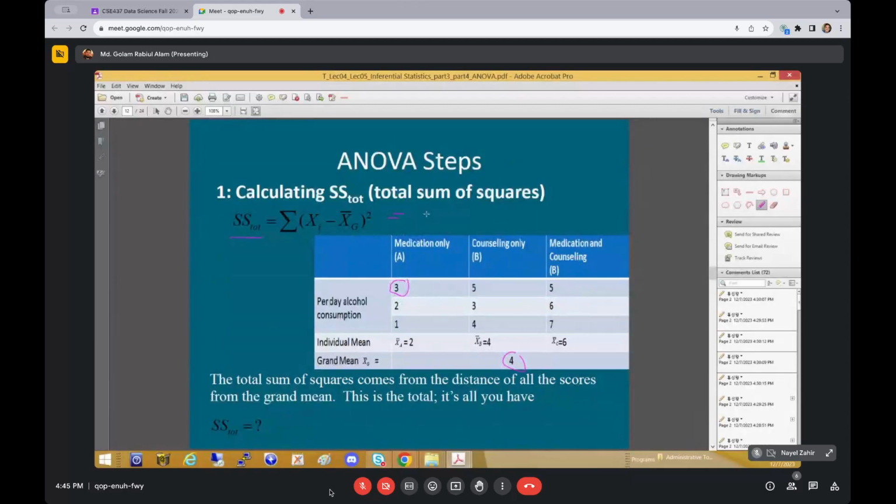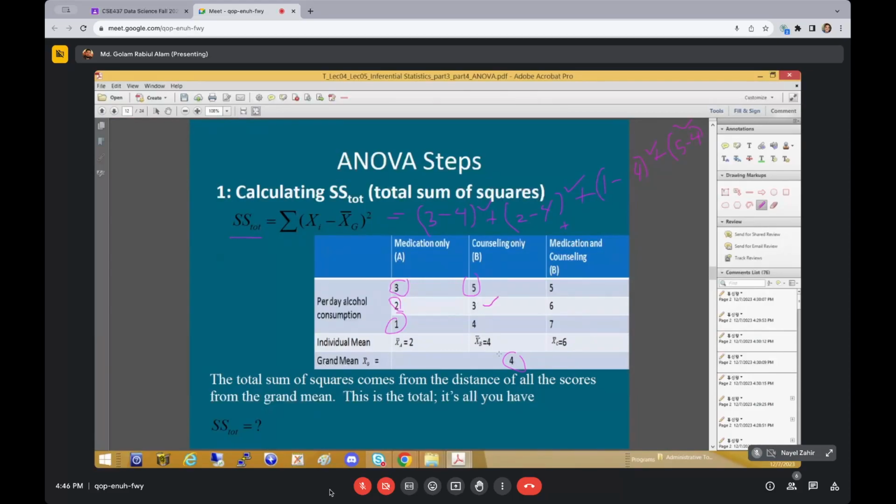So xi is 3 minus 4 squared, plus the next is 2 minus 4 squared, plus 1, so that means 1 minus 4 squared, plus this is 5, so 5 minus 4 squared, plus